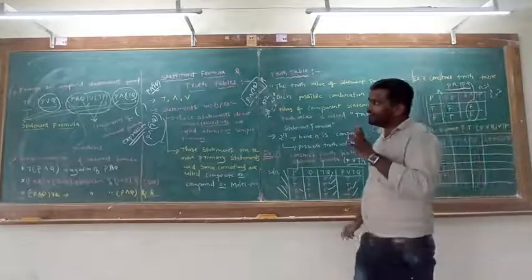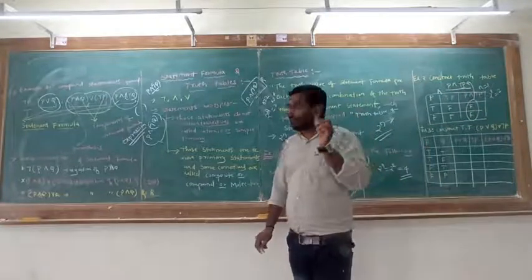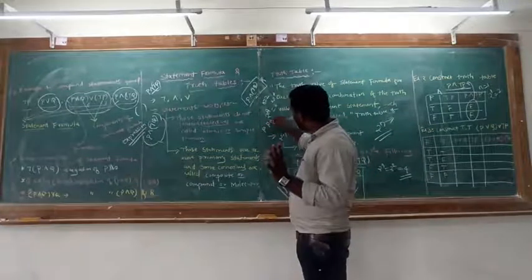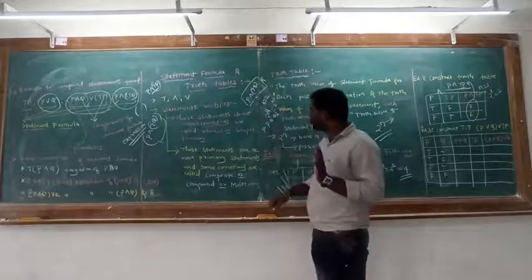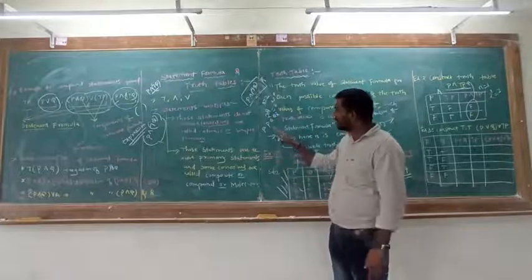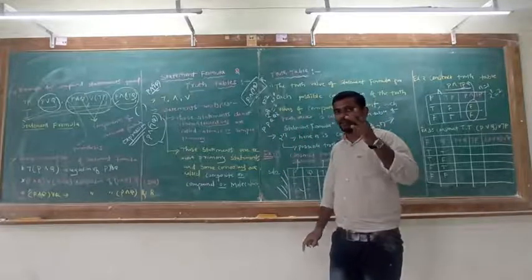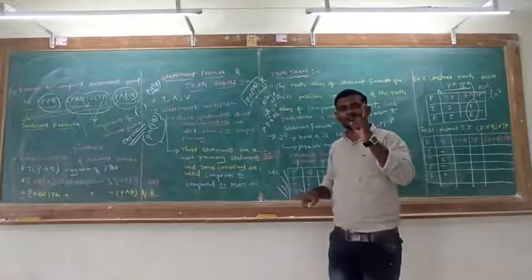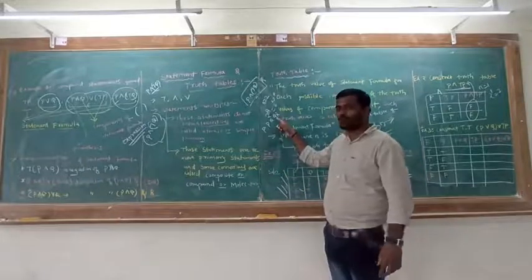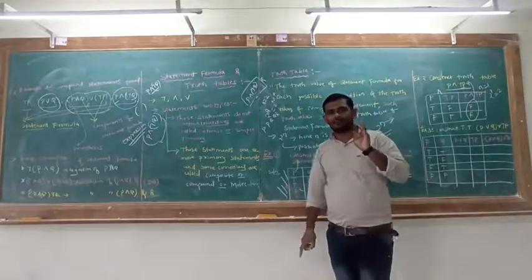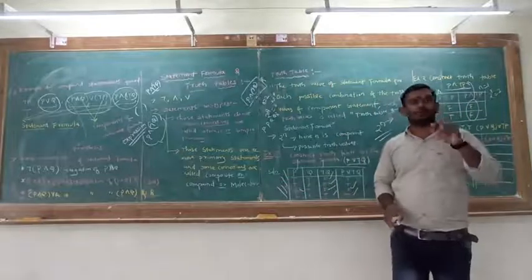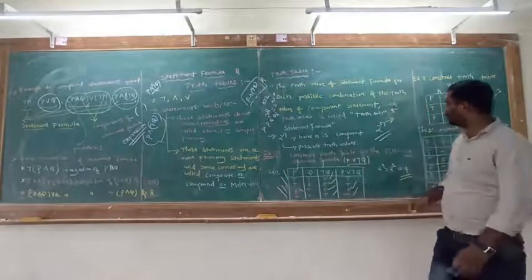Okay. Whenever in the statement formula the components are different, suppose you have P, Q, R. You have P, P, Q, Q, R in the statement formula, you cannot consider 5 components here. So whenever the same component appears, P, P, you will consider it as 1 only. Okay. So Q, Q is 1 only. So 1, 1 is 2 and R is 1, that is 3. So the number of components here is 3. So whenever there are the same components in the statement formula, we consider 1 only. Okay, so that is the number of components.